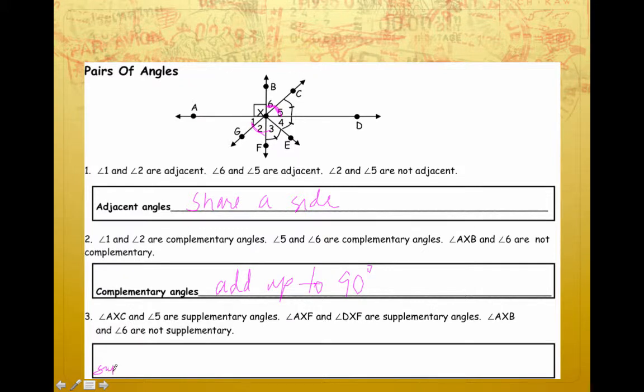Supplementary, the word's missing there. Supplementary. So you can see that's a similar word to complementary, so you can probably guess it's a related concept. AXC and 5 are supplementary. So look at that. AXF and DXF, supplementary, that's these two. I probably should have switched colors in there. AXB and 6 are not, that's this part. So these are making a whole line. So they actually add up to